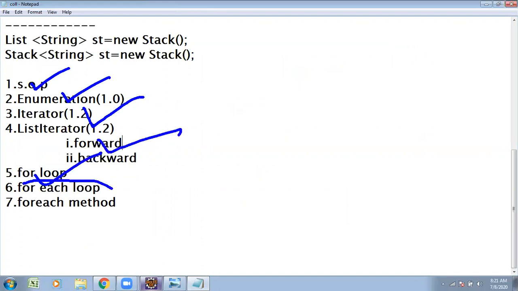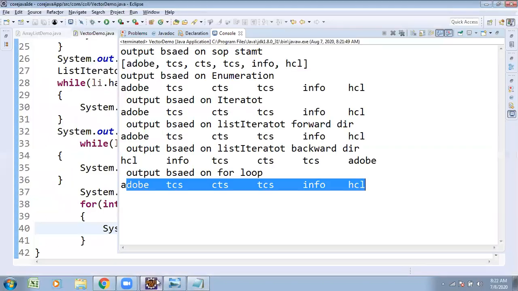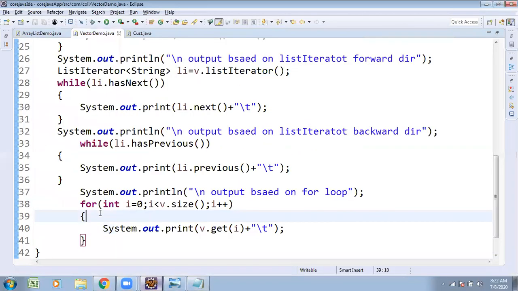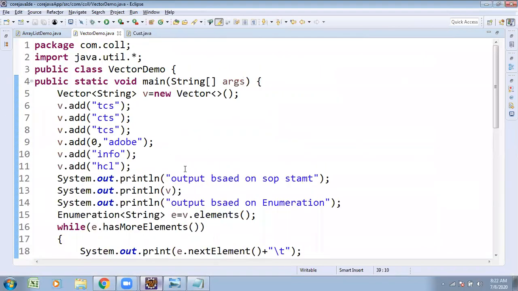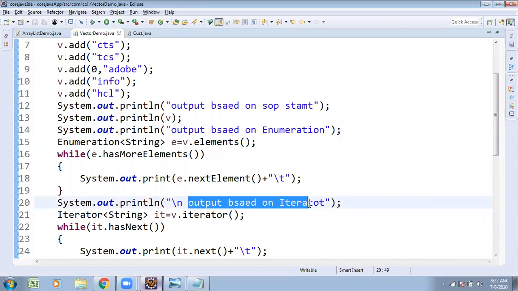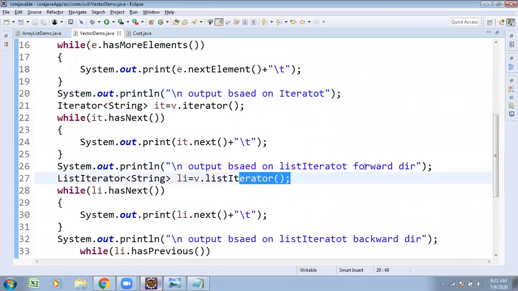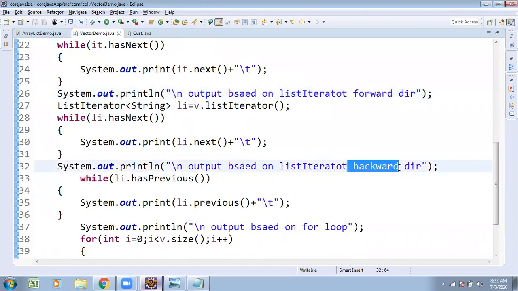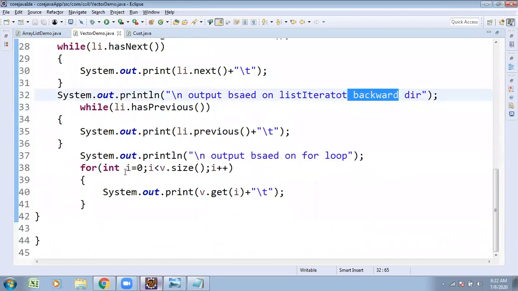So similarly, we wanted to concentrate on the for each loop technique. Till now we concentrated on System.out.println, enumeration, iterator, list iterator, forward direction based as well as backward direction based also support.